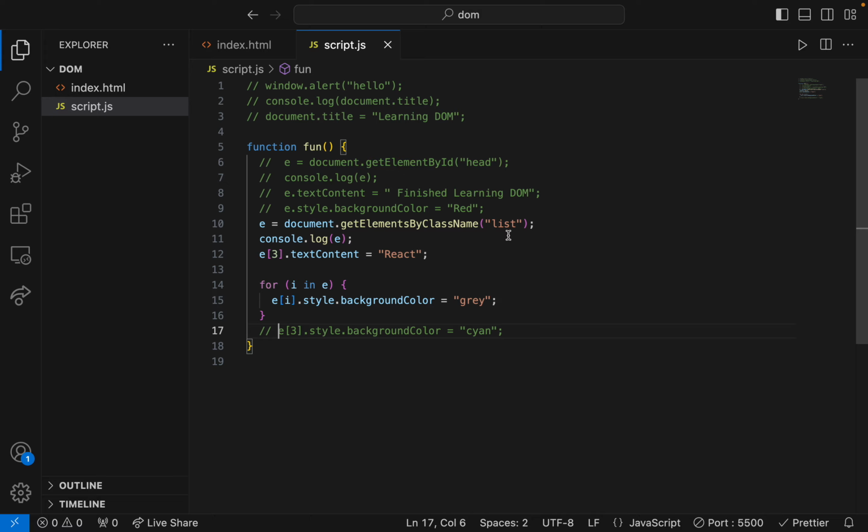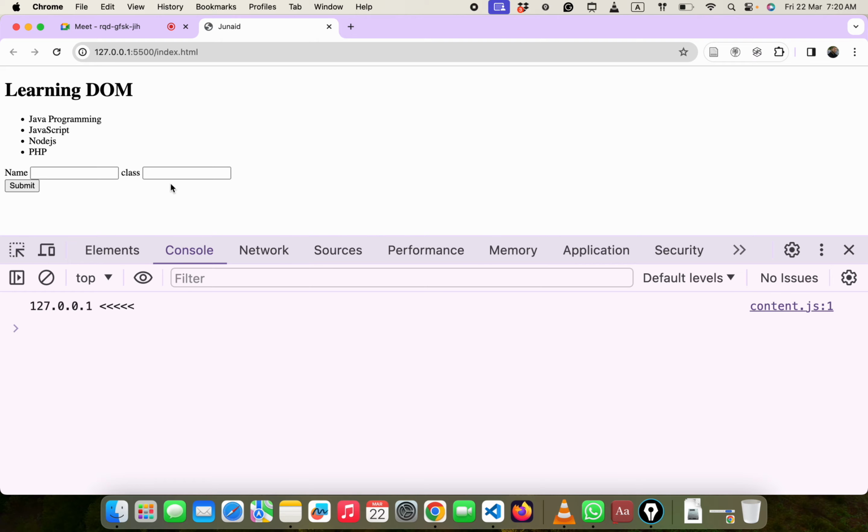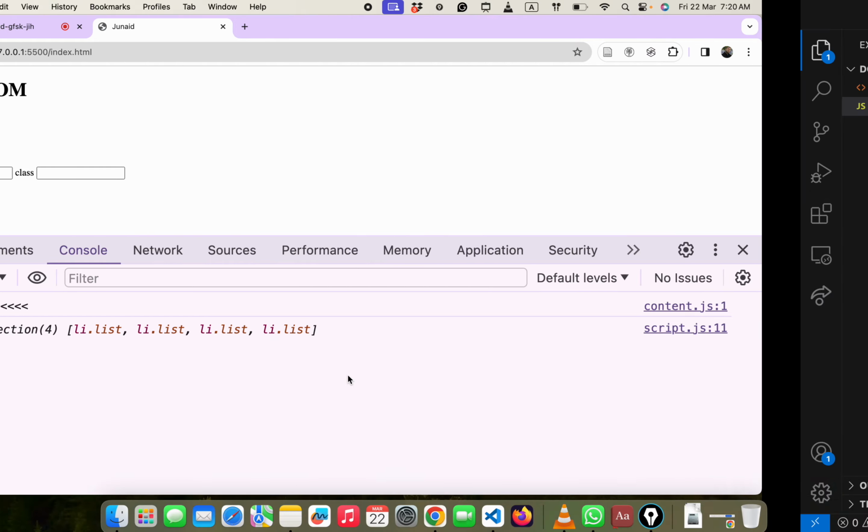गेट में क्लास में क्या लिस्ट, मैंने E3 किया, टेक्स्ट कंटेंट इज इक्वल टू रिएक्ट। ओके, for i in e, मैं कह रहा हूँ अब, e of i dot style dot background color बना रहा हूँ मैं ग्रे। ठीक तो है? तो इसमें इशू क्या आ रहा है? मैं क्लिक कर रहा हूँ तो इसको रिएक्ट बना रहा है आराम से, वो बना रहा है। लेकिन